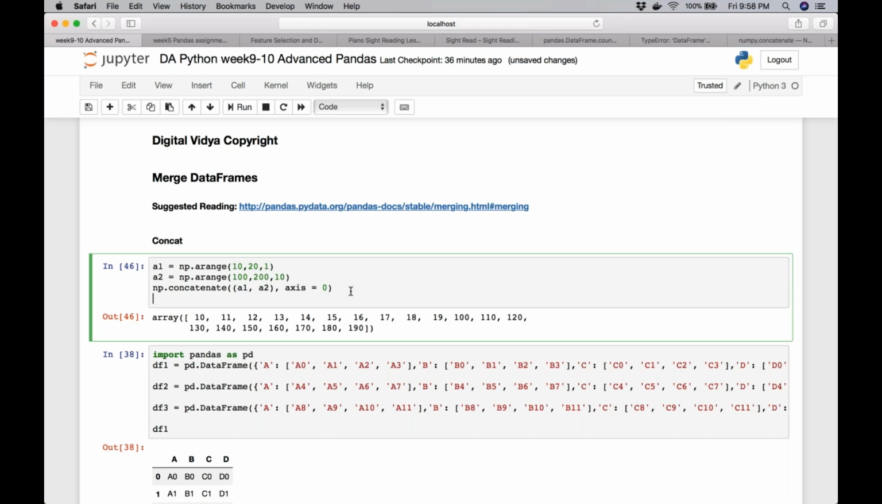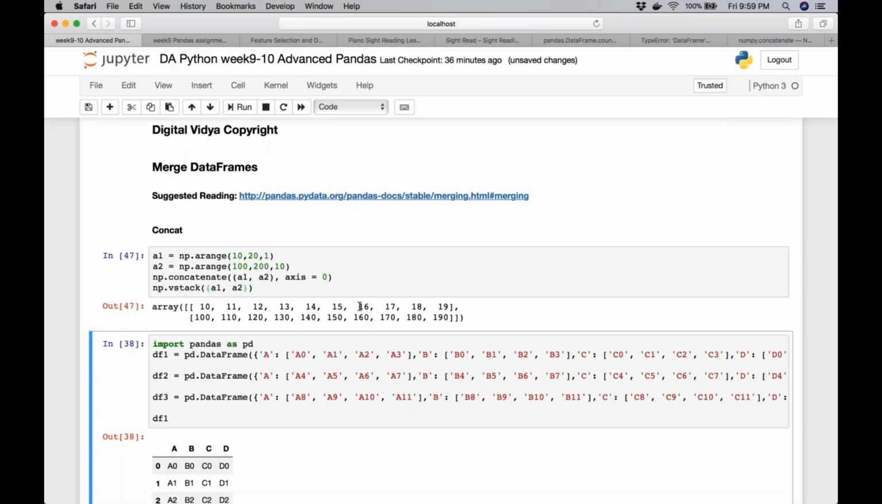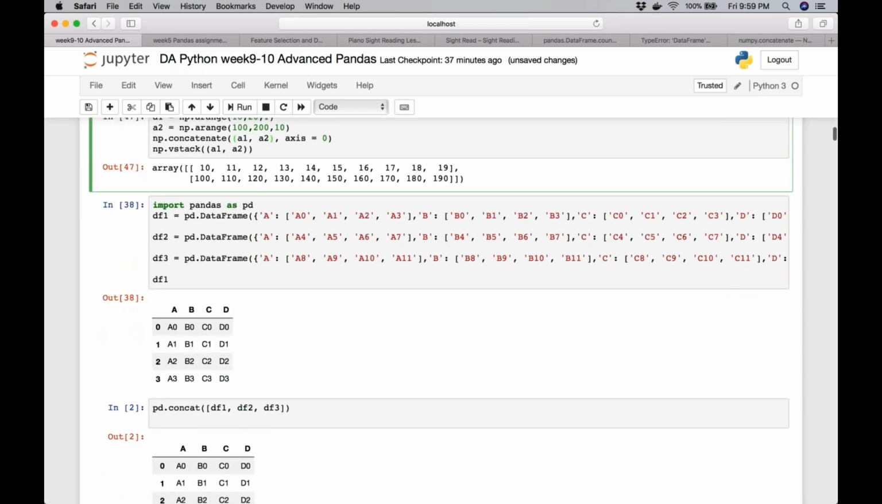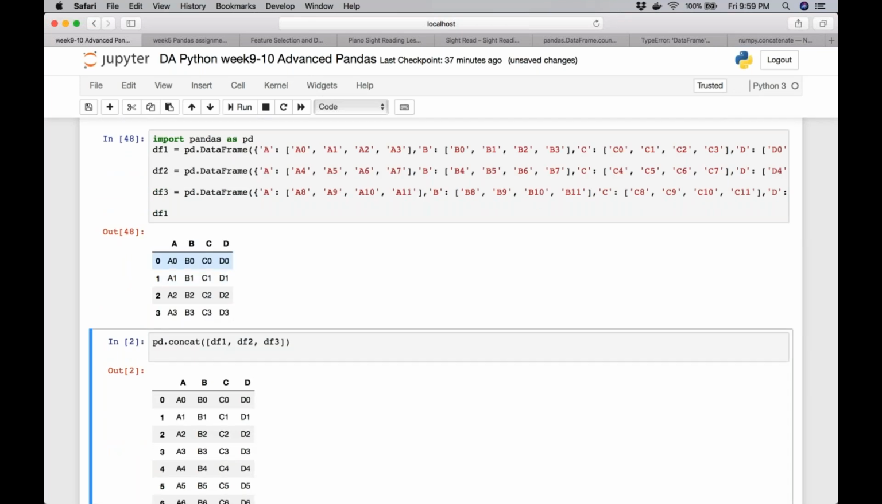So we can use np.vstack in this case, and we can say a1, a2. This is something I commonly use and remember. So now with this reference, let's go to these three data frames. So we have data frame DF1. You can see the column names are A, B, C, D, and we have values nicely aligned, A0, A1, A2,